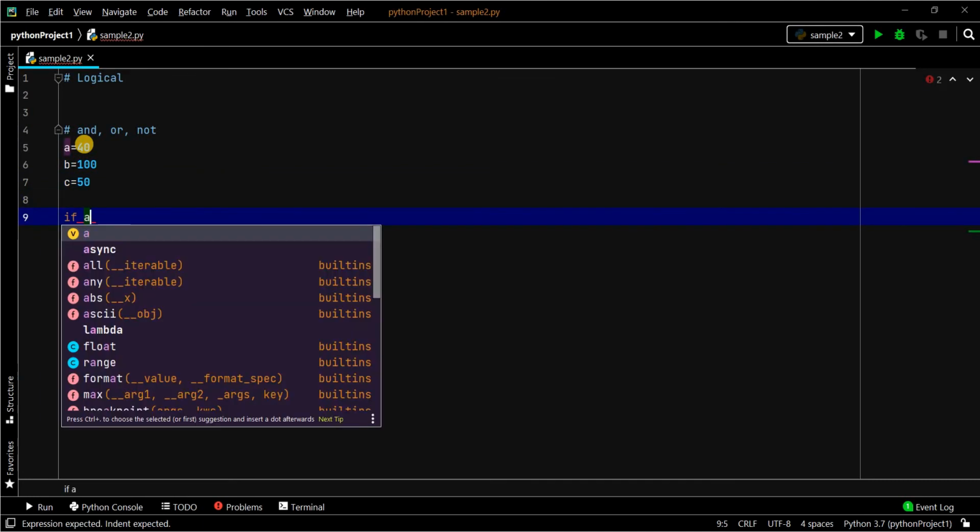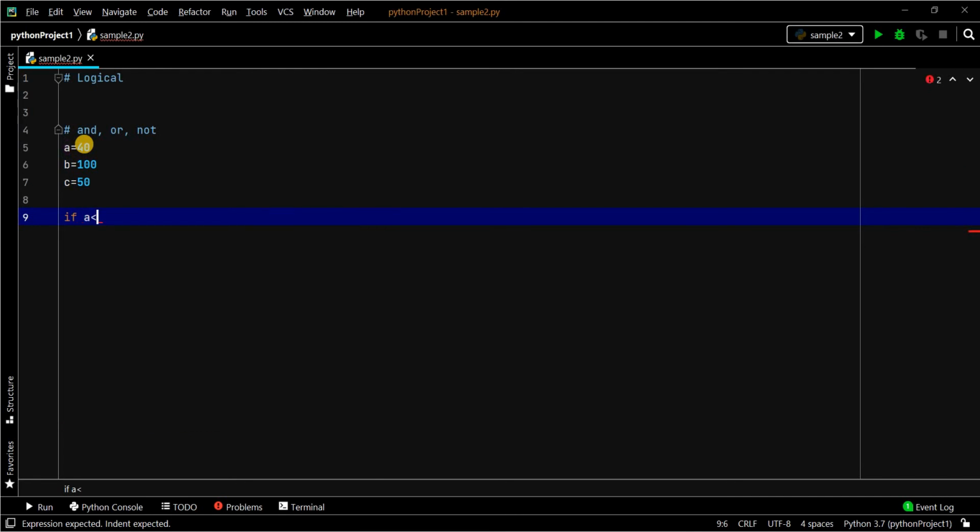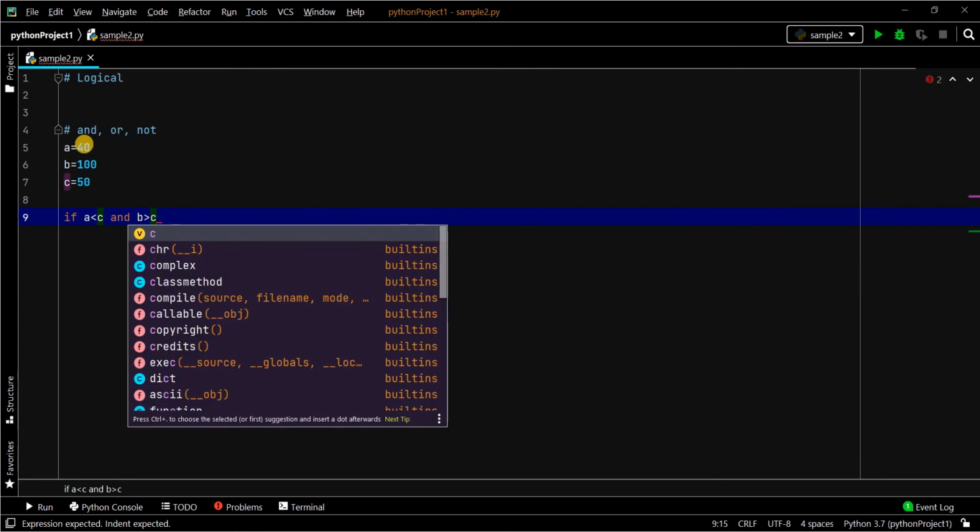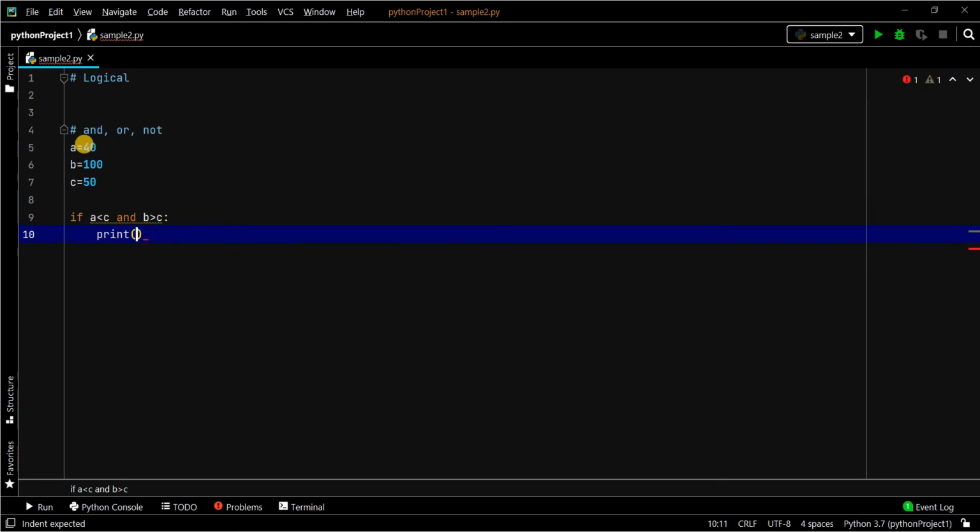A less than C and B greater than C. B is bigger. In this, we are making more comparisons in a single statement. More means more than one comparison we are doing here.